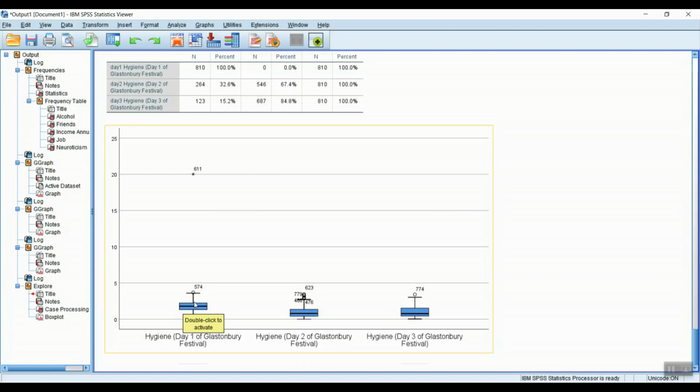The bit from the top of the box to the top represents the top quartile of the data. The blue shaded area represents the middle 50%, and the area under here represents the bottom 25% of the data. So yeah, as I said earlier, this is just a useful procedure for